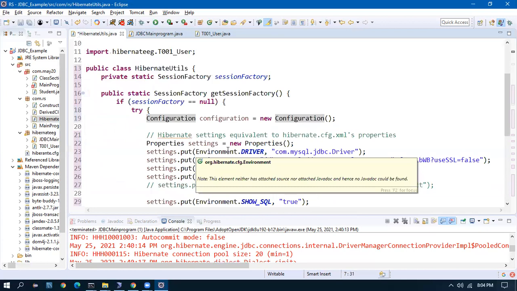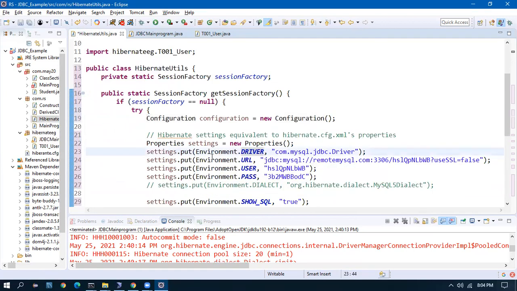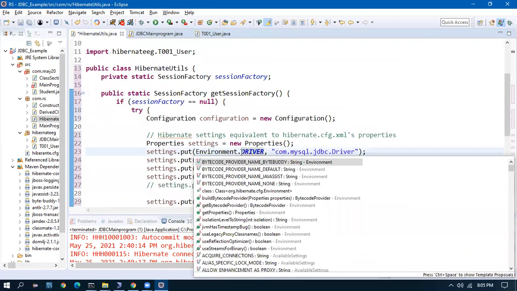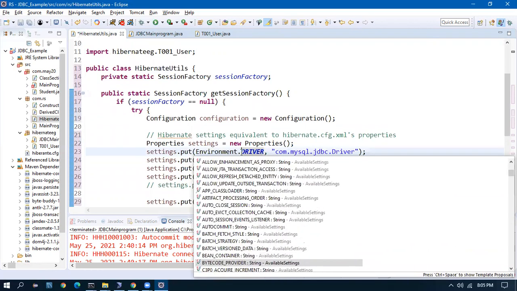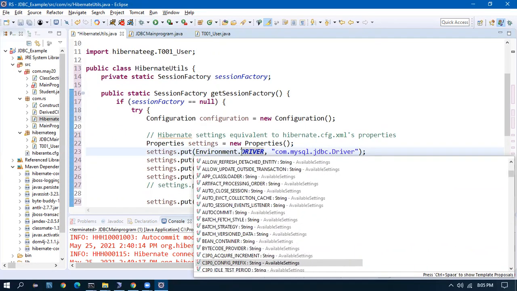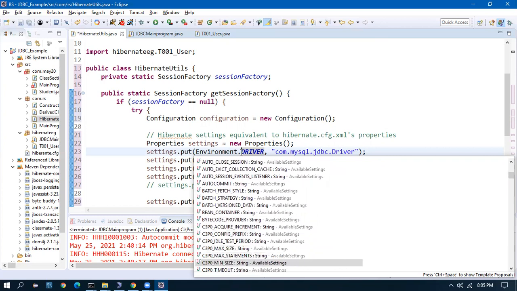So into the environment.driver, which is a keyword inside the properties. If I go into environment dot, I can see all the keywords which is there, like acquire connection. All these are called enum data types, which is a predefined constant value inside the properties.